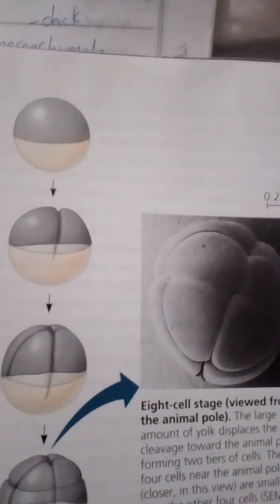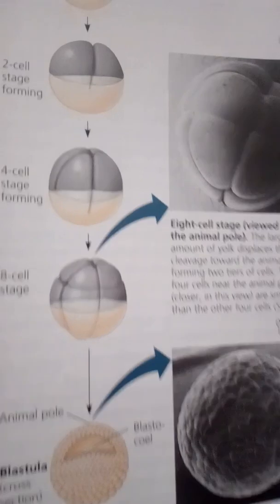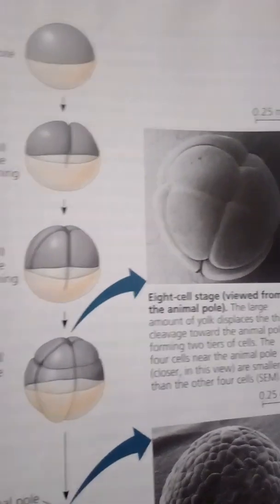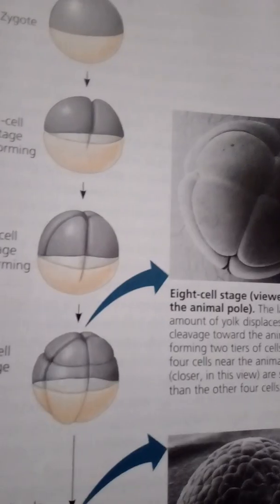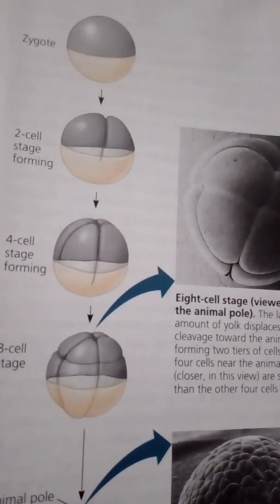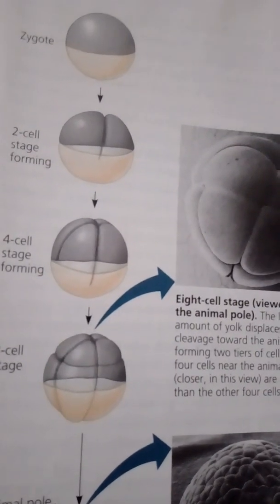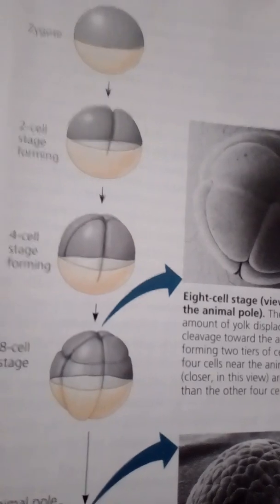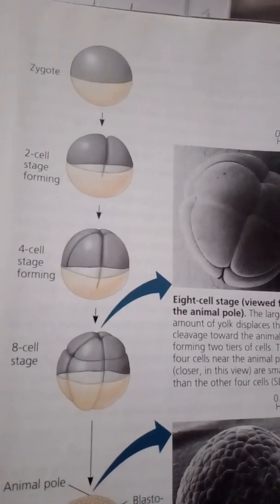The third division is an equatorial division, horizontal, producing an 8-celled embryo. However, the highly uneven distribution of yolk in the frog zygote displaces the mitotic appearances and eventual cytokinesis toward the animal end of the dividing cells in